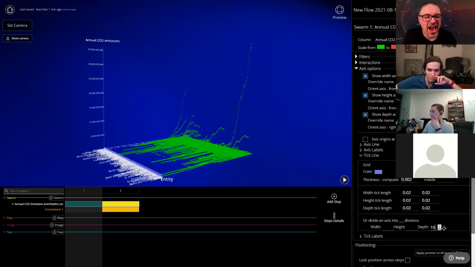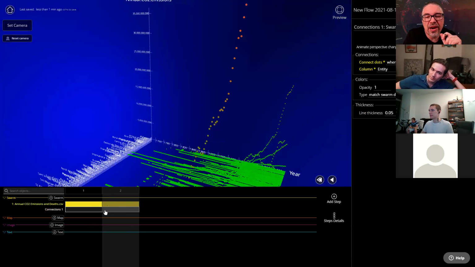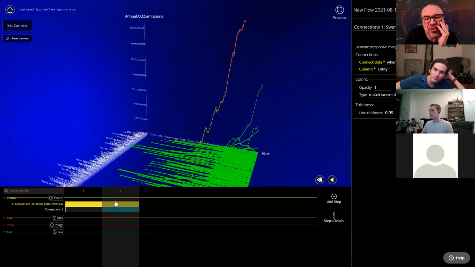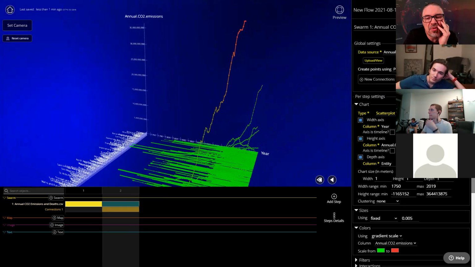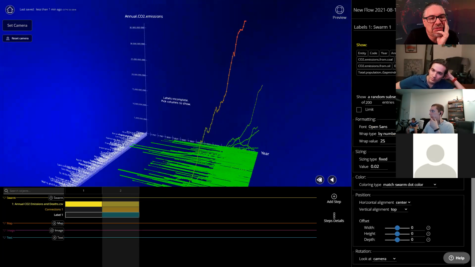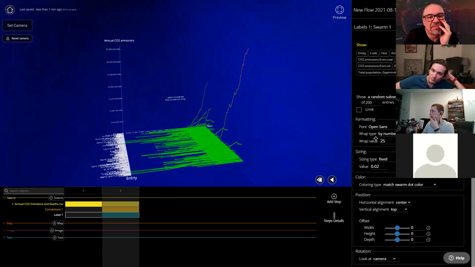Okay, I believe I've got a bug. But the other thing I wanted to do is actually the labeling. So what I'd like to do is have you go back to the swarm, and you're going to click new labels. The labels are in the same place as the connections up on the top. Oh, yep, got it. And just to start with something, make it obvious, why don't you just click entity, show